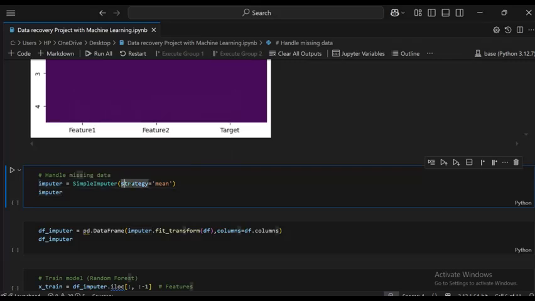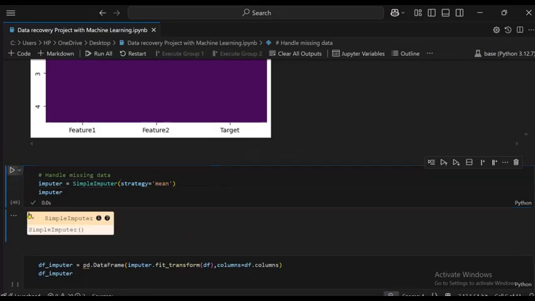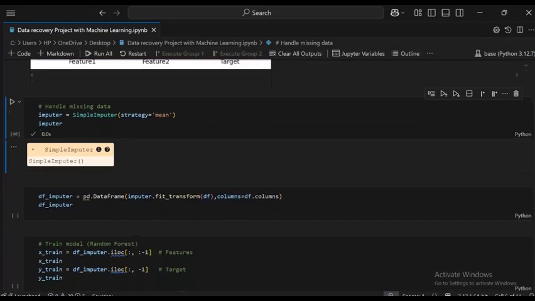If you type str, it is built in, so a pop-up window opens showing the strategies you can use. Strategy equals mean gives the mean value. Because I created the method, it shows it is a SimpleImputer. The next step is to fit and transform the data using the imputer.